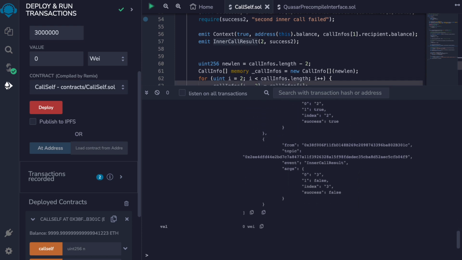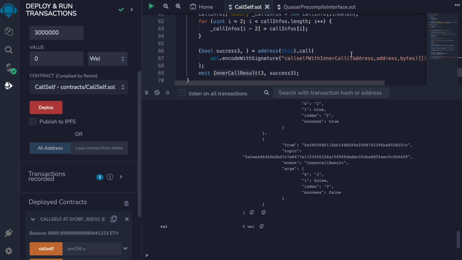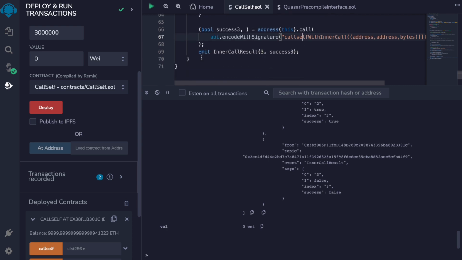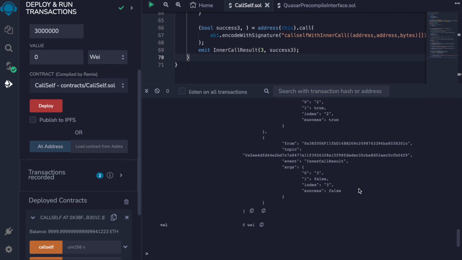And then the rest of the two calls were made in a nested call. And we expect one of those, the fourth one, to fail, and therefore the third one should also fail. So that's why we only see one last log here with success false, because this inner call failed.